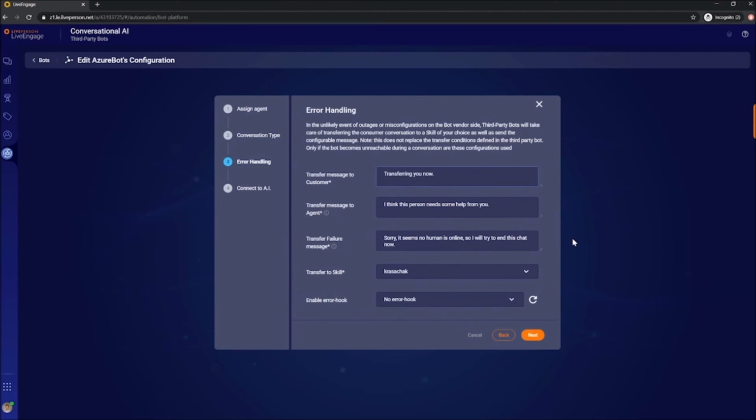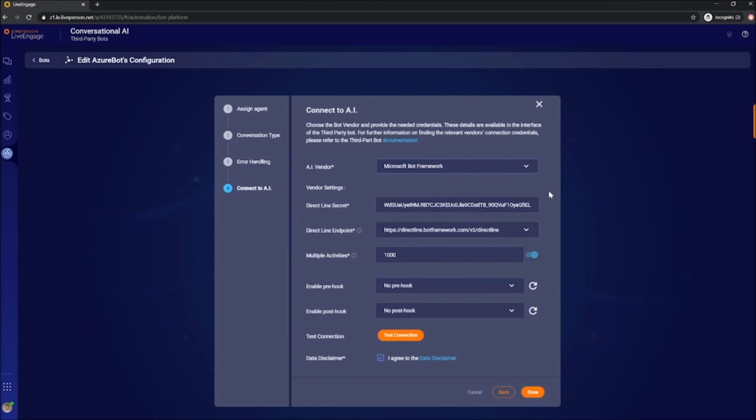Next is error handling. When events such as the bot not recognizing the intent, an emergency intent is recognized, or any other form of error occurs, leveraging the bot framework API and C# code as described in our tours in Robert's session earlier, this is where you will structure the message so that the consumer and agent will receive these messages, and identify which agent or agents will receive the handoff based off of their skill group and use case that the bot is deployed for.